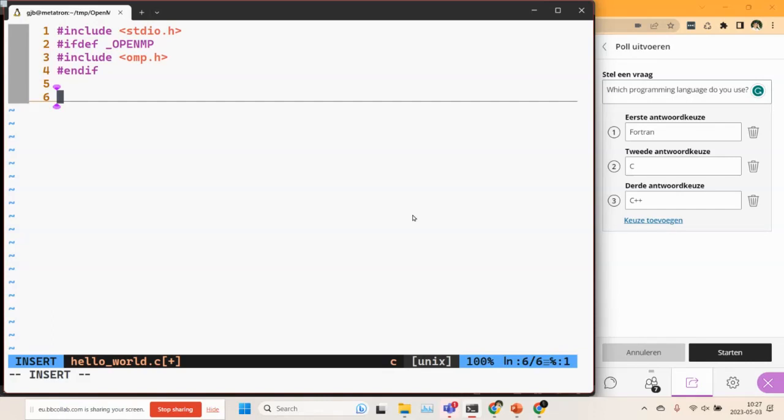So one of the things in the exercise was that we should use conditional compilation. Our application should also produce correct results even if it's not compiled with OpenMP and is running with a single thread. That was the condition. That means I have to guard the include of omp.h with the variable which ought to be defined if I'm running with an OpenMP compiler. Okay, I've got my main,